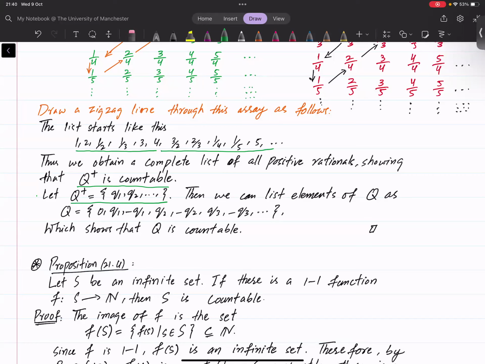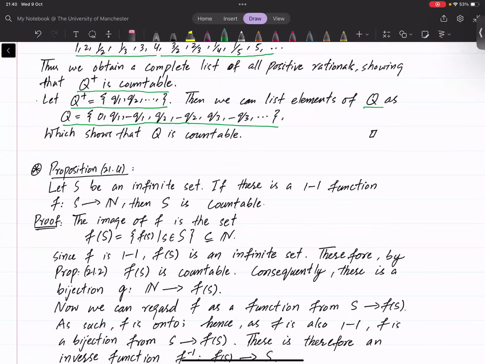Then we can list the elements of Q by adding negatives in between, and then we will have all the rational numbers in a list. So that's how we list all the rationals, and this says that Q is countable. Perfect. Now,